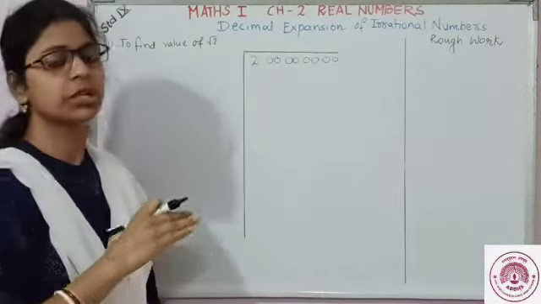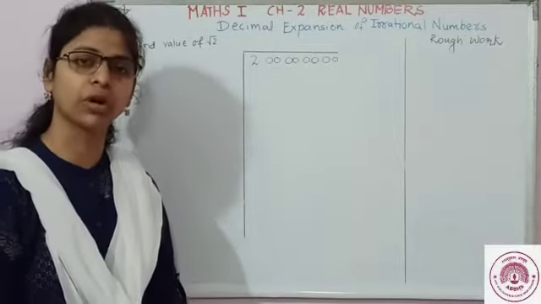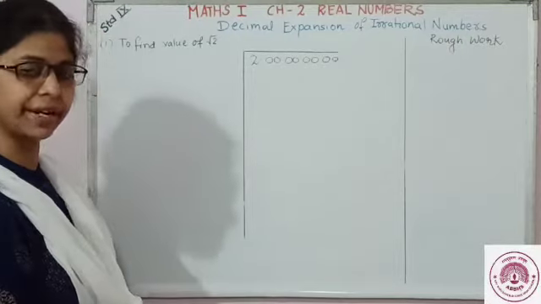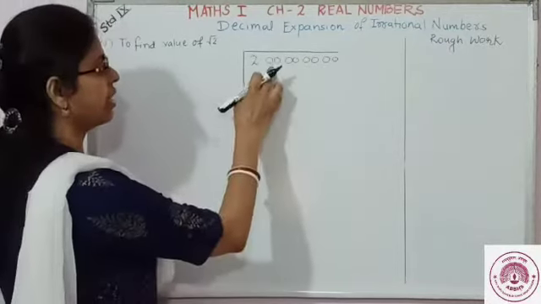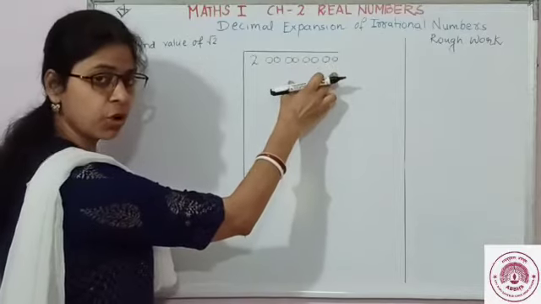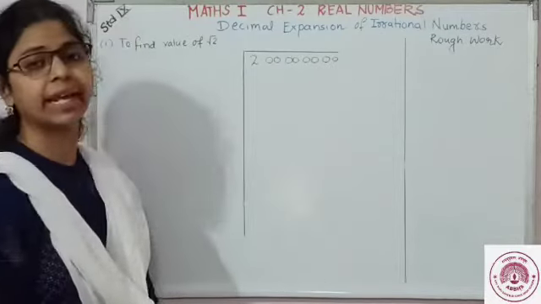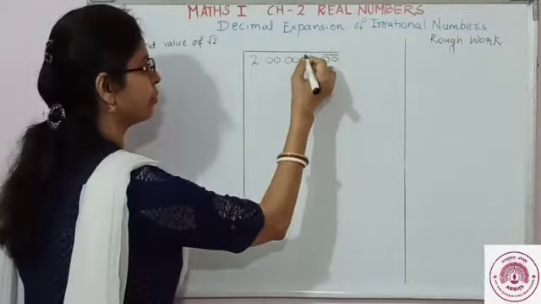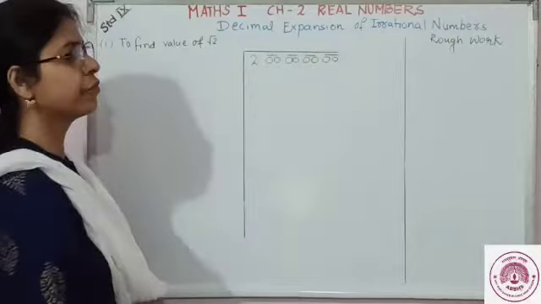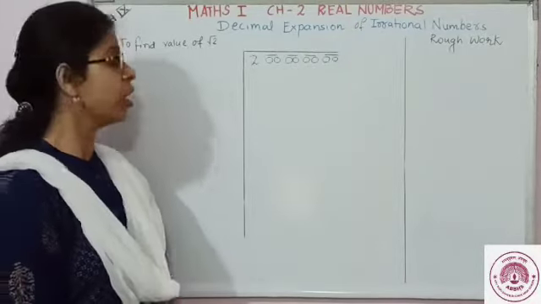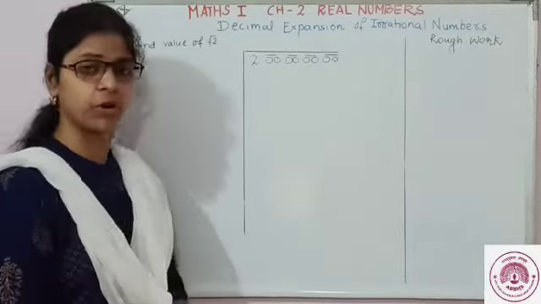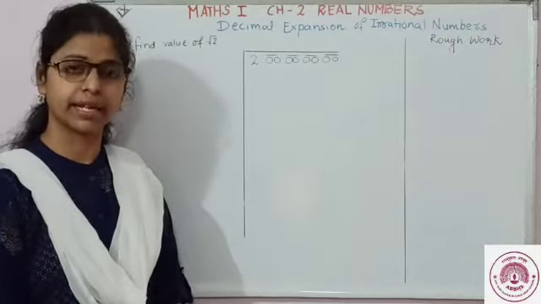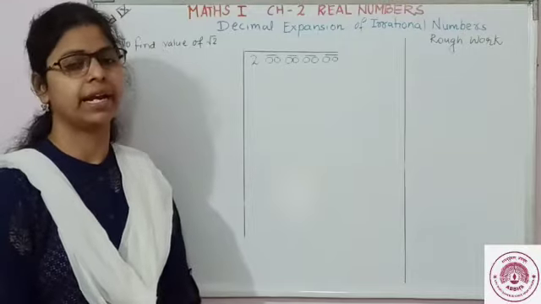Now till what decimal places you want the answer, add that many pairs of zeros after the decimal point. Now here I have taken 4 pairs of zeros as I want the answer till 4 decimal places. So here are the pairs. Fine, 4 pairs, right? Now here, first of all, you have to think of a number whose square is equal to 2 or less than 2.